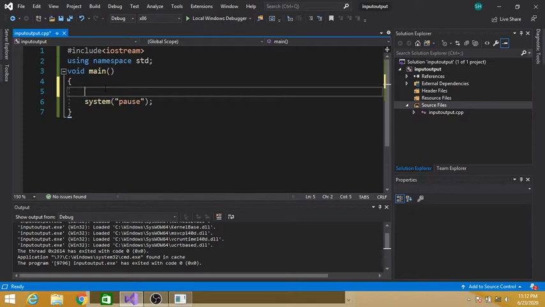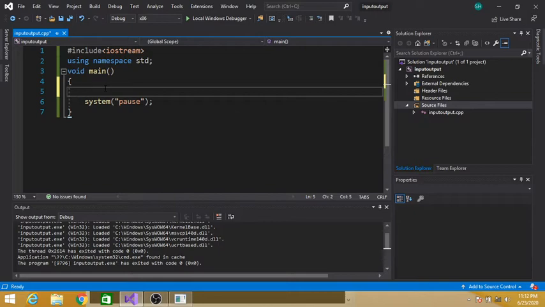If we are asked to write a program that inputs marks of three subjects and if the average marks is greater than 80, then displays a message that you have grade A. How can we code this program?